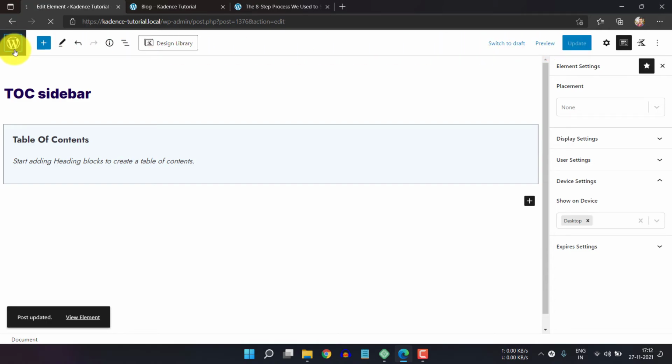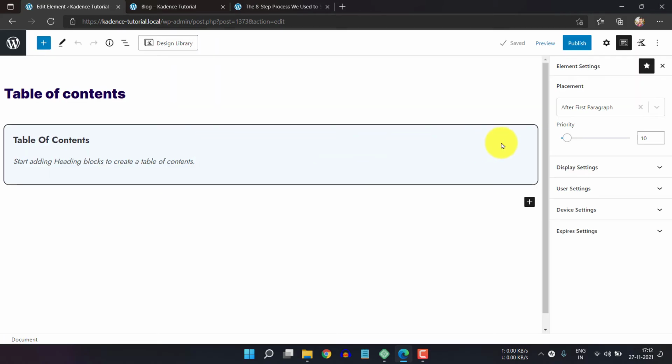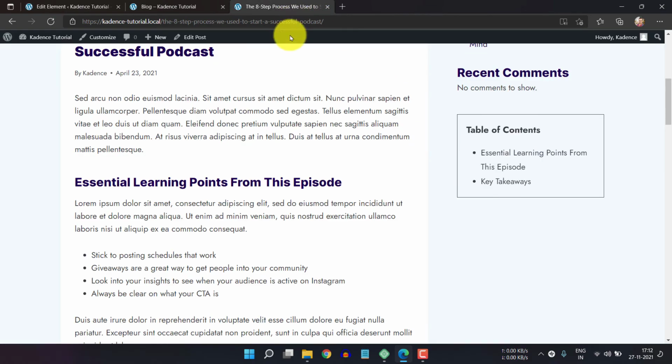Now let's click on back and select this option, table of content, and here in the device setting I will select only tablet and mobile devices, so that when a user opens it from mobile devices it will show the table of content after the first paragraph, and when a user opens your website from desktop it will show in the right sidebar.